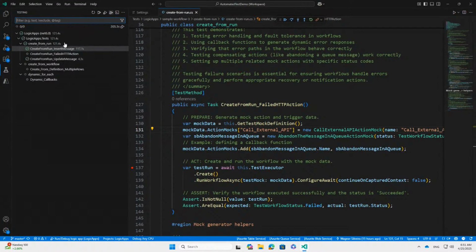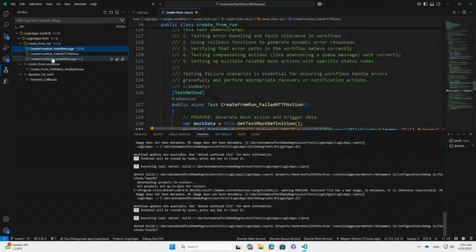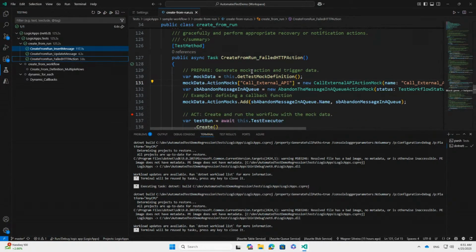Let me stop this. Run this test and see if everything worked. There we go. And if you look at, if you debug that one,